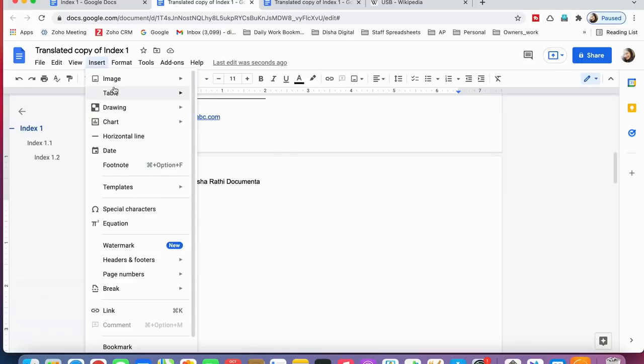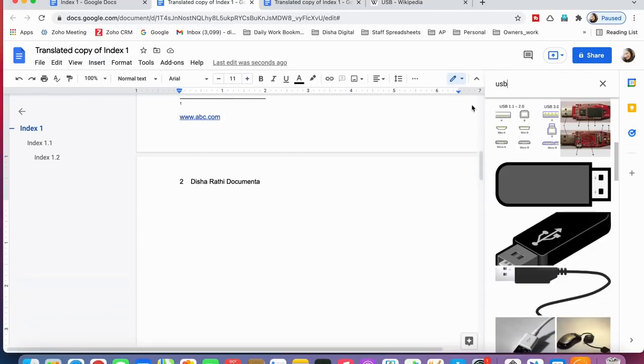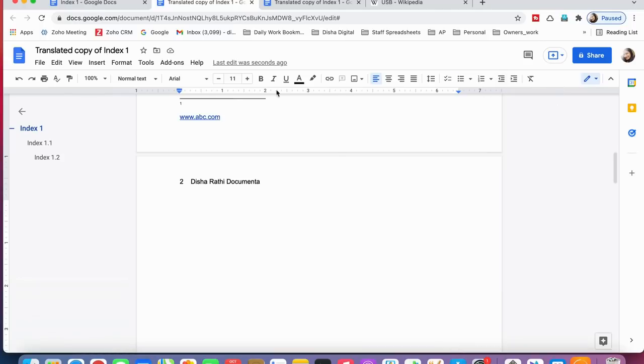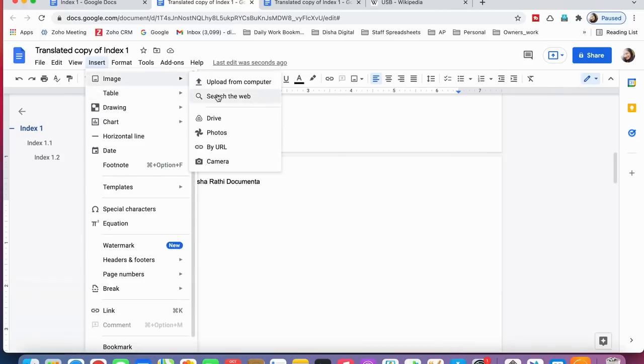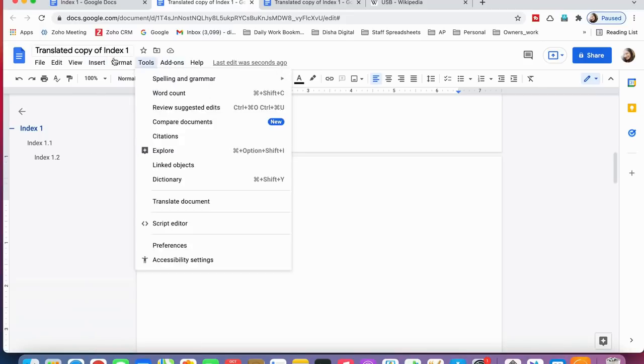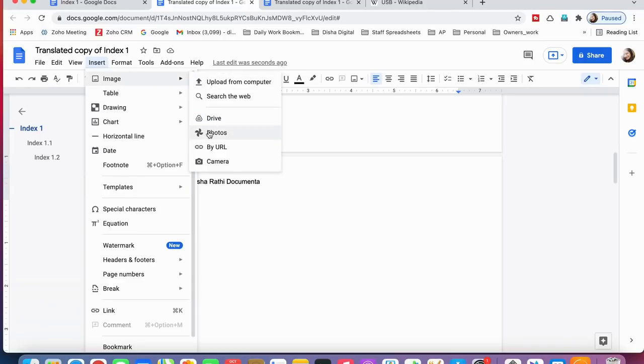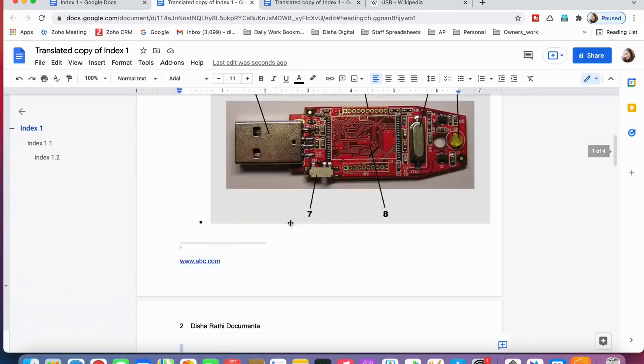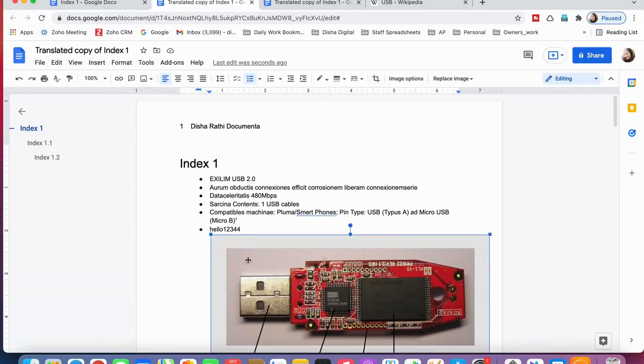Okay, so in the image tab, it's not mandatory to search from the web. If you don't have any images or you want to search from the internet, then use this. If you have your own image, then that feature is also here, upload from the computer, or if you have any image saved in Drive or in your Google Photos, or from the camera itself, it will capture and immediately insert. So this feature definitely is very useful for content writers, article writers, or if you're writing anything.